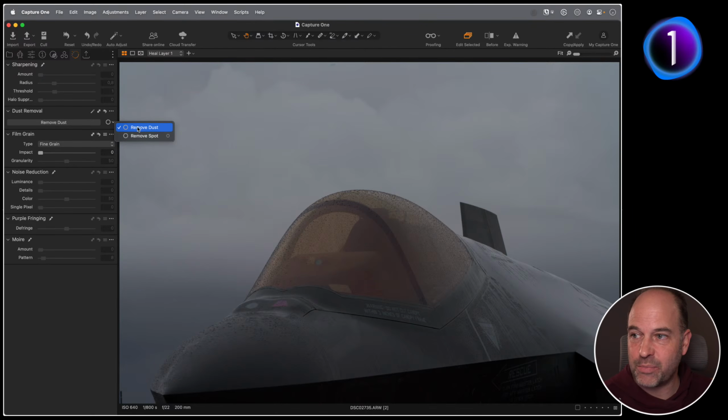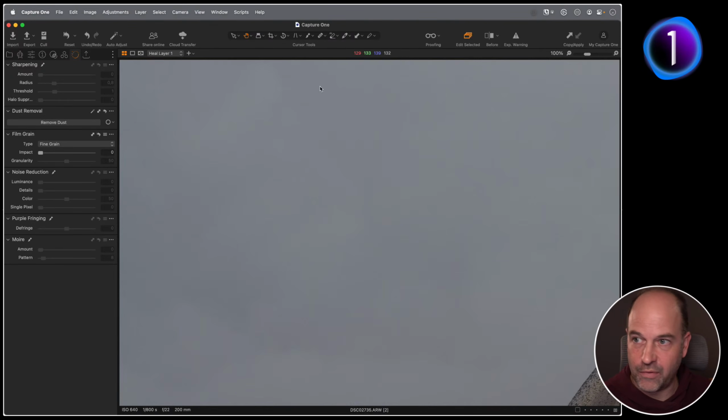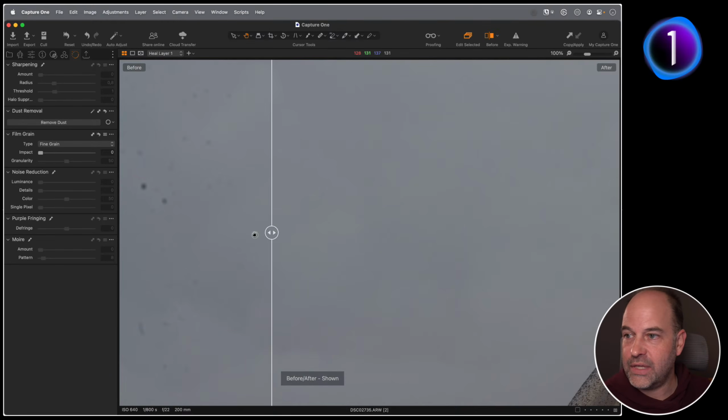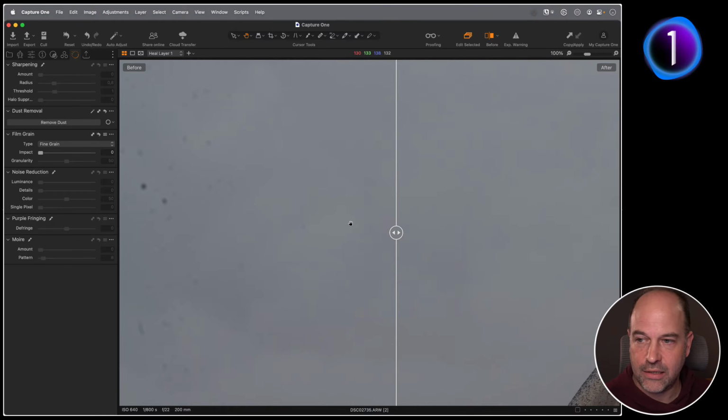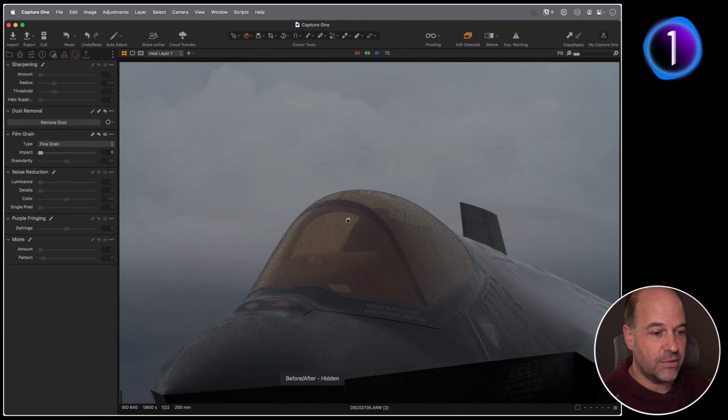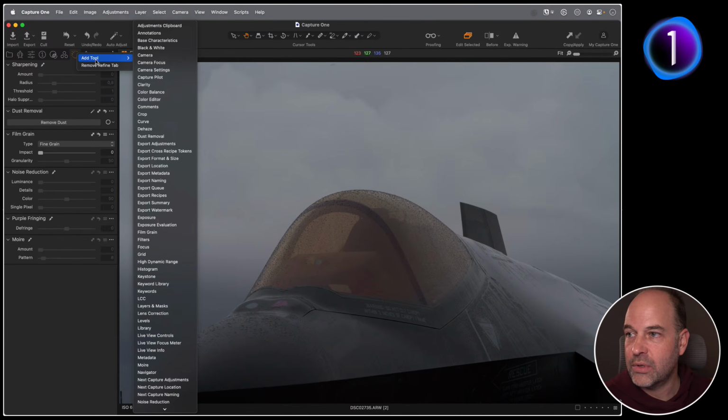The difference between dust and spots: dust is dirt on the sensor, a spot is something on the object itself. But generally, if we look at the before and after of this, it does a pretty nice job of getting rid of all those nasty dusts and spots. You can do that on a batch as well, so if you select a bunch of pictures you can remove dust in one hit. So, big time saver. If you haven't noticed it, or you've removed the dust removal tool, just right click and you can add it into any tool tab, like any other tool.